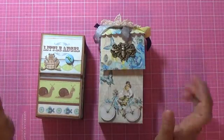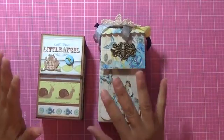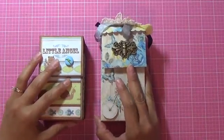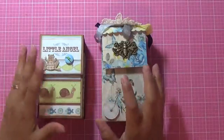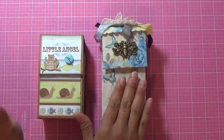Today I have a toilet paper roll album to share with you guys, and it has a twist in it. It's not your average toilet paper roll mini album. So I am going to show you, this one is the one that's finished and this one is halfway finished,